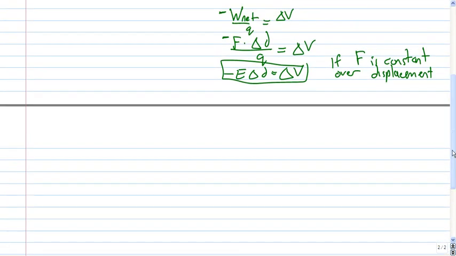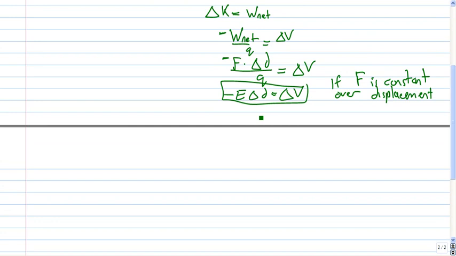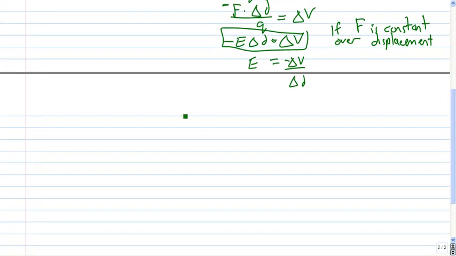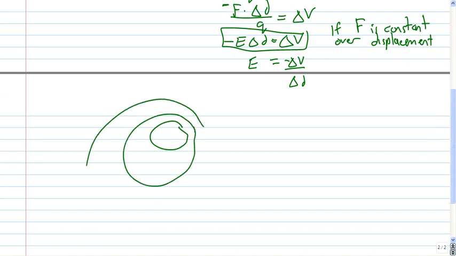Well, here's what that means. I can rewrite this in a different way. I can write it as E equals negative delta V over delta D. Here is where that's kind of cool. Remember Kieran called out today, as he's wont to do, that if you have a contour map like this,